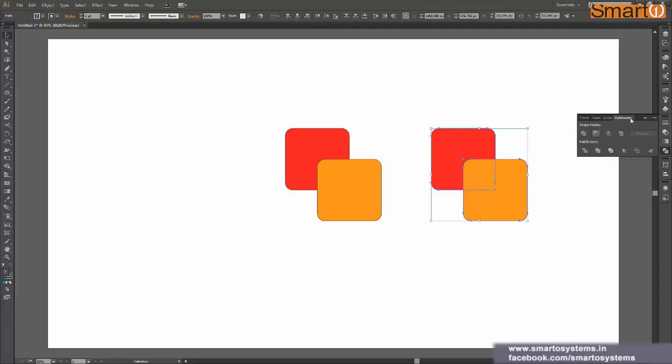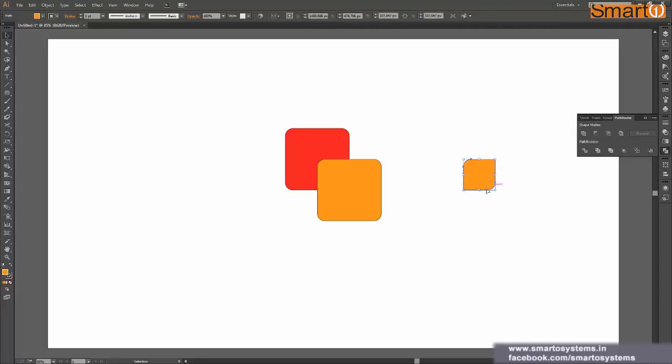Now in intersect, we know that it will preserve the common part between these two shapes, or the overlapping area of the two shapes. So here we'll actually try to achieve something like that. So again, press Shift M on your keyboard to select the tool, and again press the Alt key.